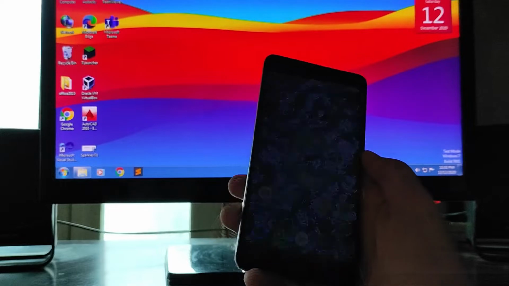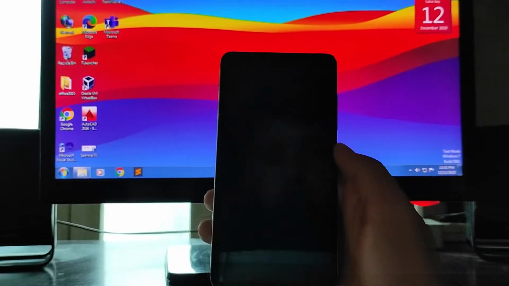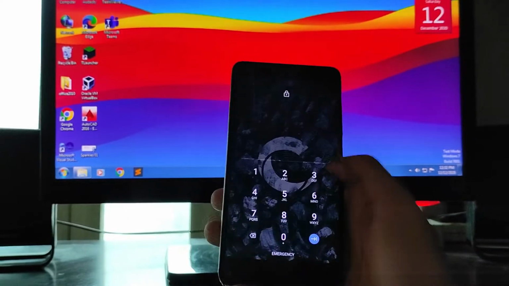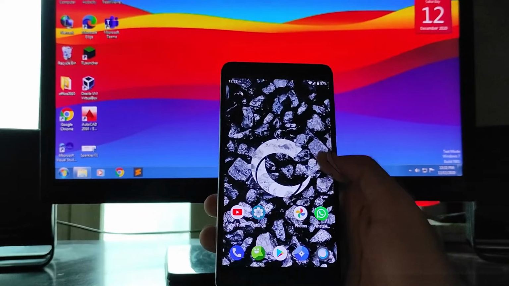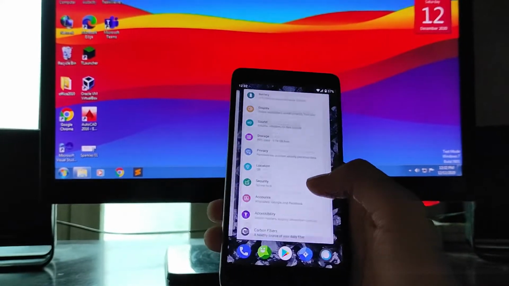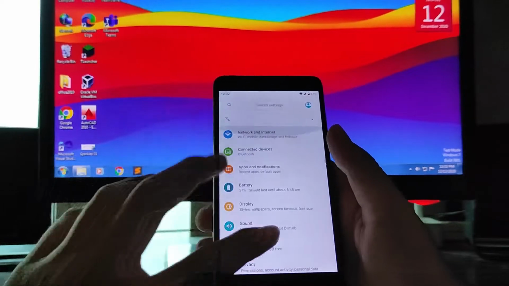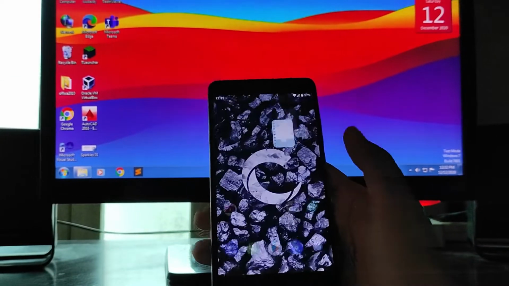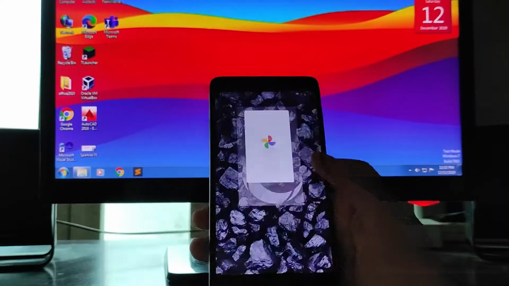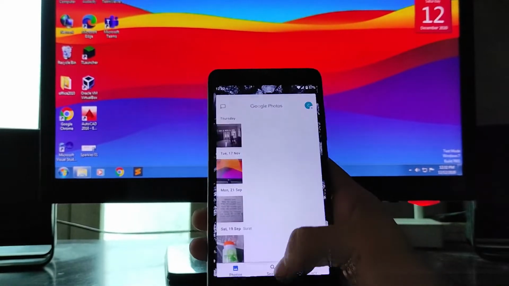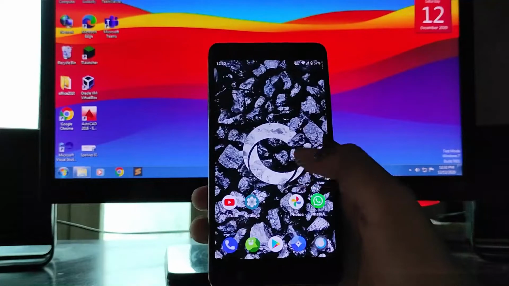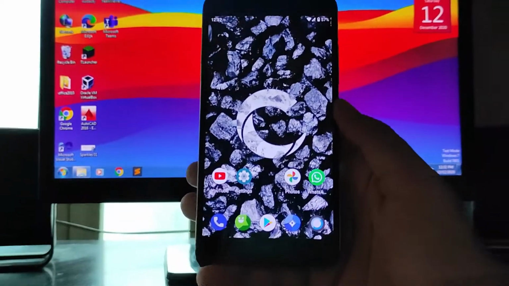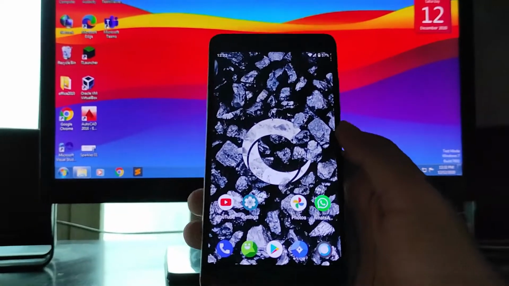No problems with the security and everything. I'll just show it to you. The double tap to sleep here is also working, and as you can see, the lock screen here is working perfectly fine. So yeah, that is great. And yeah, these were these settings. These gestures here are very smooth. As you can see, the gestures are very smooth, so no worries with the gestures. Overall, the ROM here is just an amazing ROM.